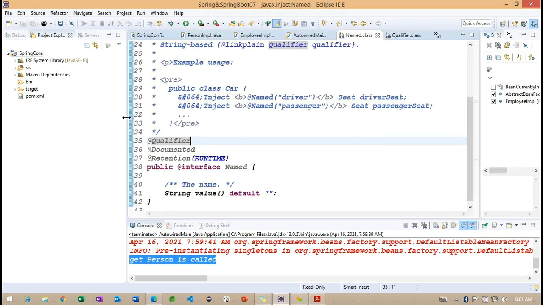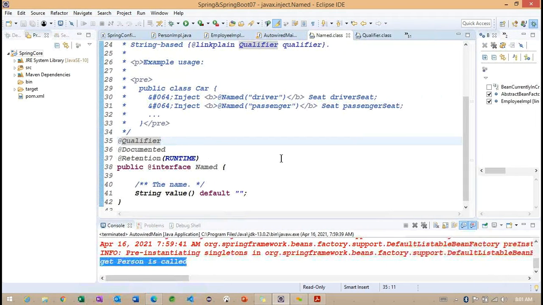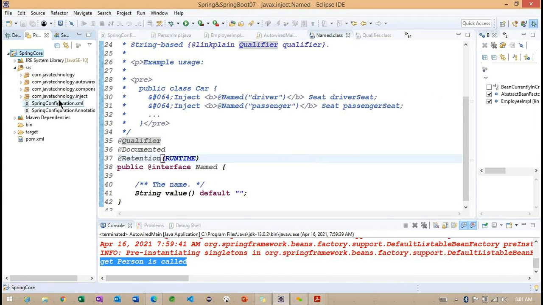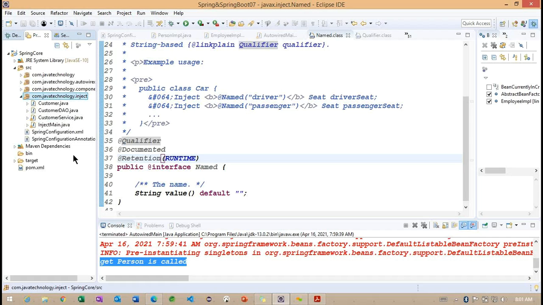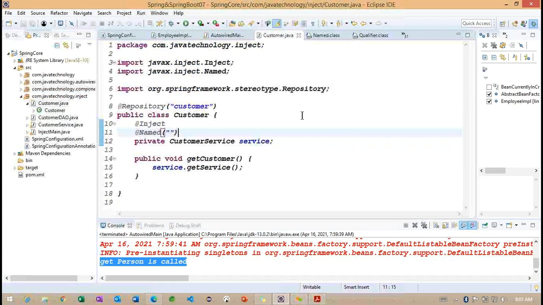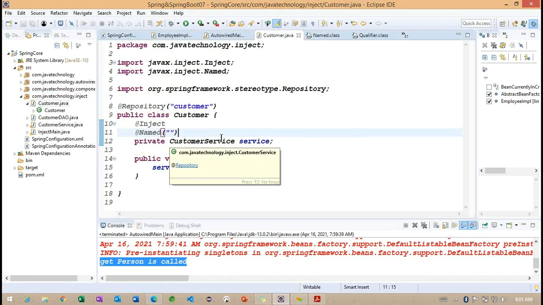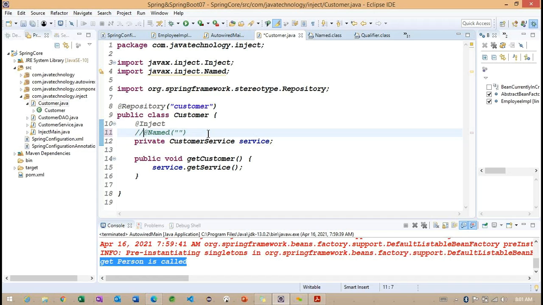Right. So I have one more annotation here, the Value annotation. How exactly does this Value annotation work? Basically, the Value annotation works based on primitive data types.